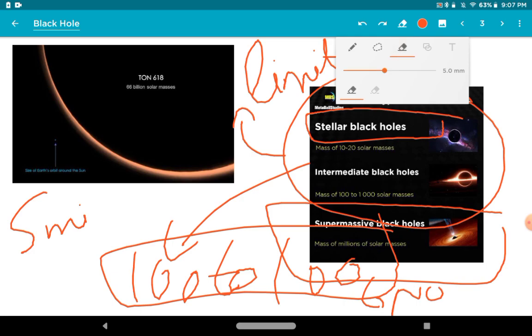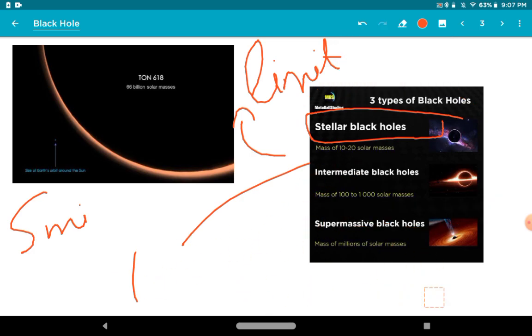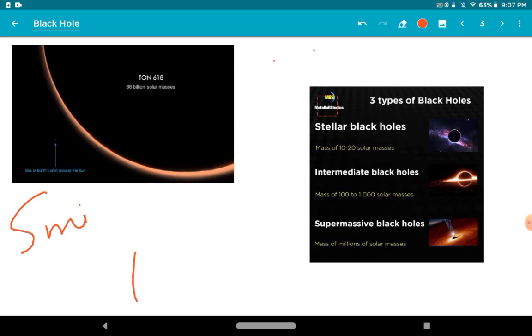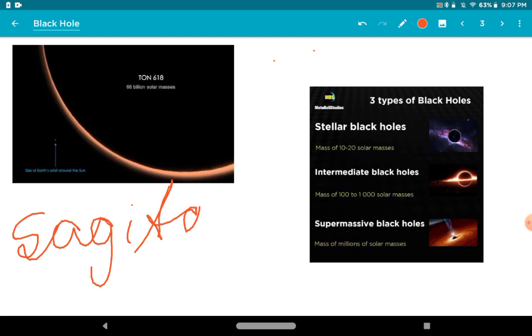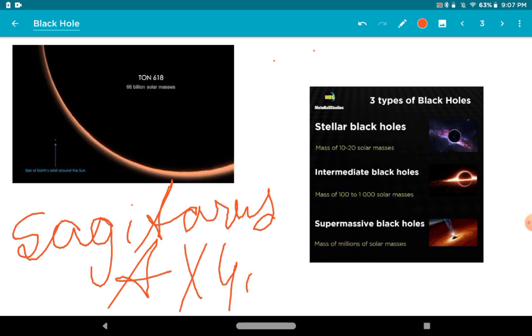गैलेक्सी OJ287 में एक ब्लैक होल है। और वो हमारा जो सेजिटेरियस A है, 5 मिलियन सोलर मासेस का जो ब्लैक होल है, उसको देख के आप काफी हैरान हो जाओगे। उससे 40 टाइम्स बड़े ब्लैक होल को वो अपने सैटेलाइट के तौर पे घुमा रहा है।